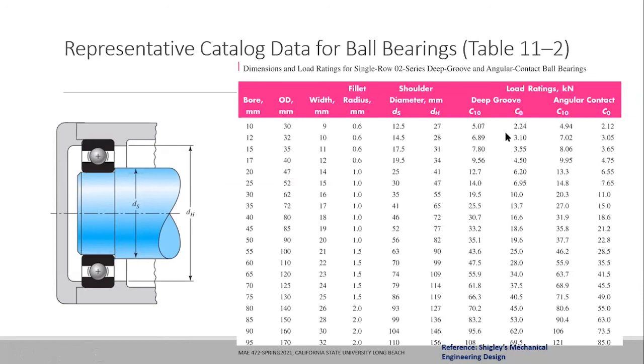The catalog only lists C10 loads in a column format for the different options. So as a designer, we have to translate the requirements from the specific application into what the corresponding C10 load should be, so that I can go to the catalog values and pick a specific bearing for my application. Does it make sense to you guys so far?